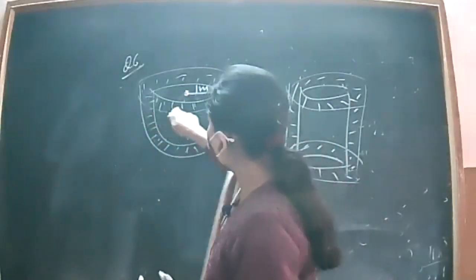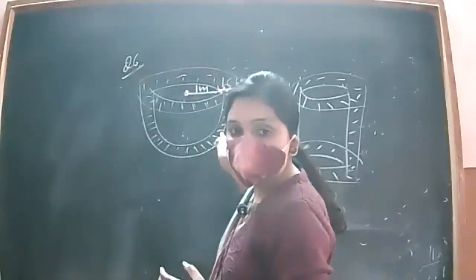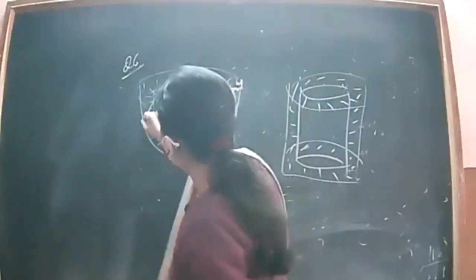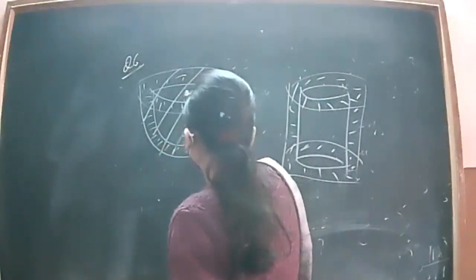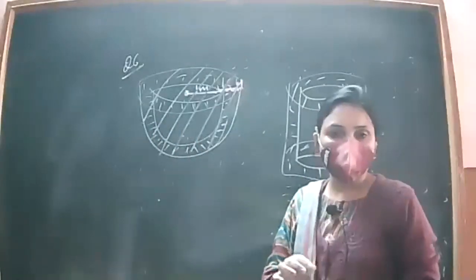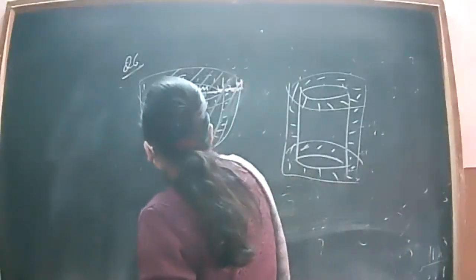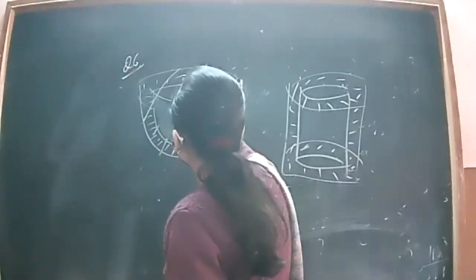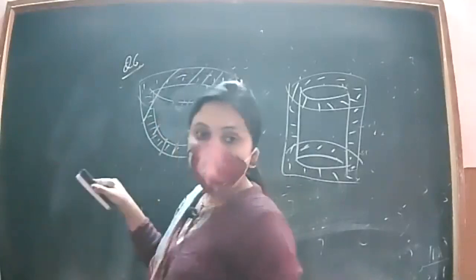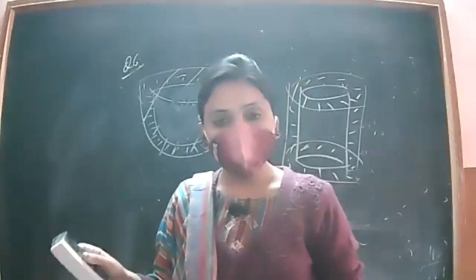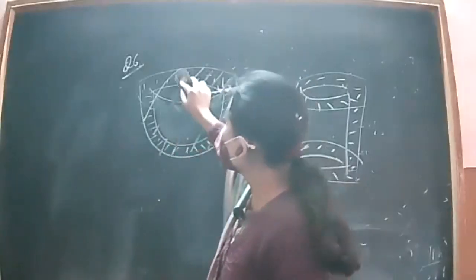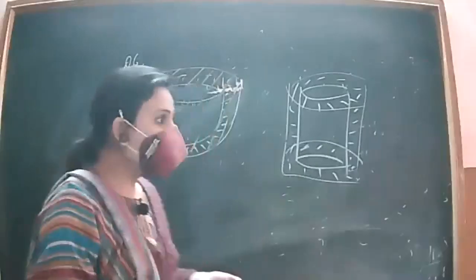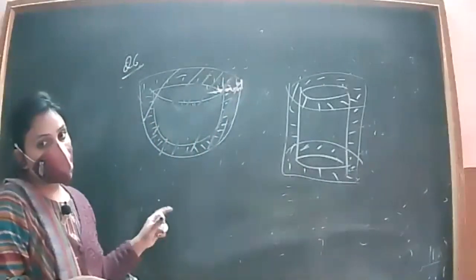When we want to find the quantity of this steel which is used to make this hemispherical bowl, what we have to do is, from this whole hemisphere's volume, when we subtract the volume of the inner hemispherical bowl, whatever is left will be the volume of the steel which is used to make the hemispherical bowl.